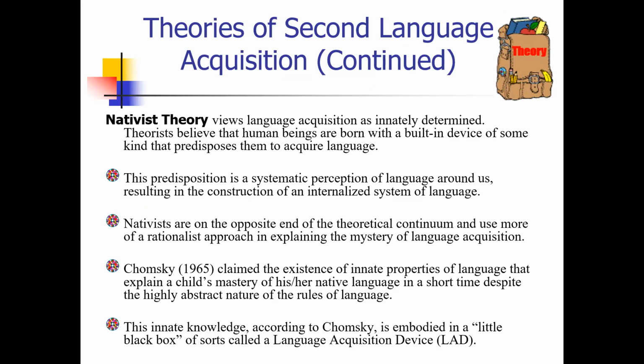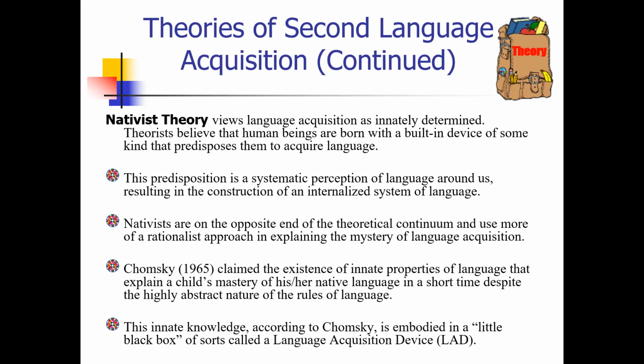And then the nativist theory views language acquisition as innately determined. Nativists believe that human beings are born with a built-in device of some kind that predisposes them to acquire language. This predisposition is a systematic perception of language around us, resulting in the construction of an internalized system of language. Nativists are on the opposite end of the theoretical continuum and use more of a rationalist approach in explaining the mystery